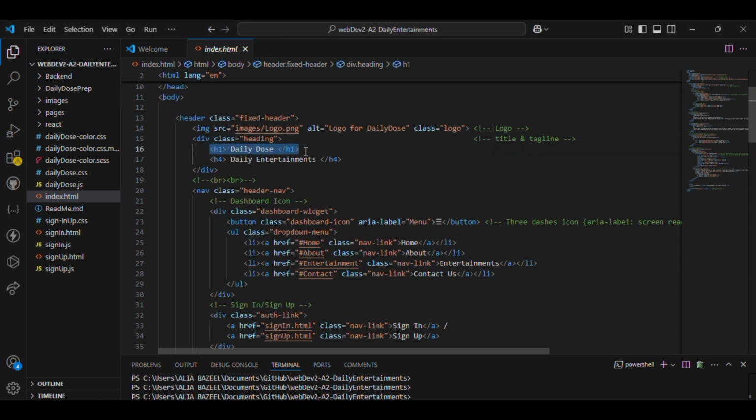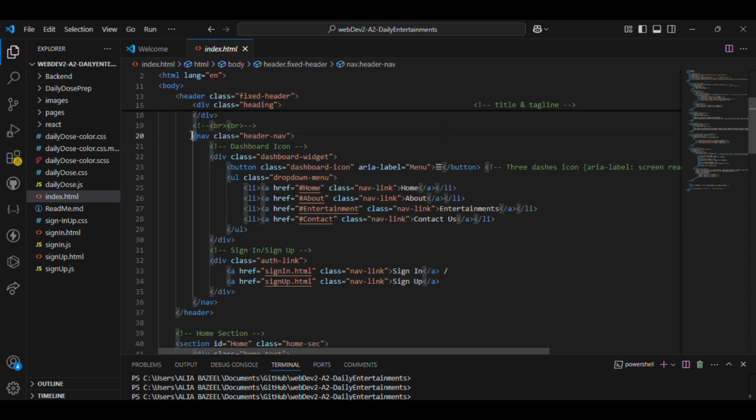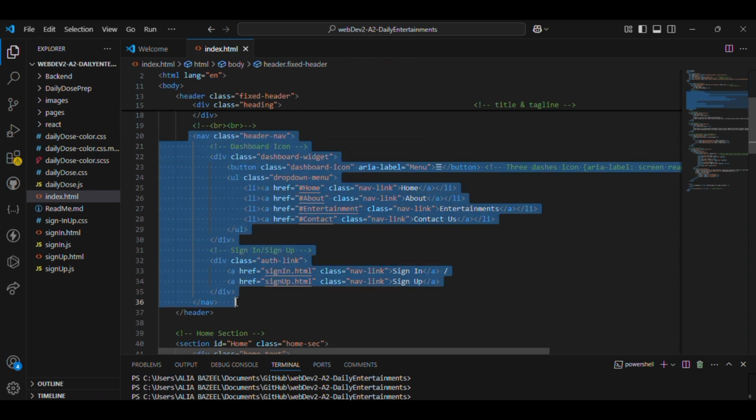So here is the heading of the website, that is DailyDose. This is the slogan or the tagline of the website, that is daily entertainment. Here is the logo of the website. Then under the nav tag,